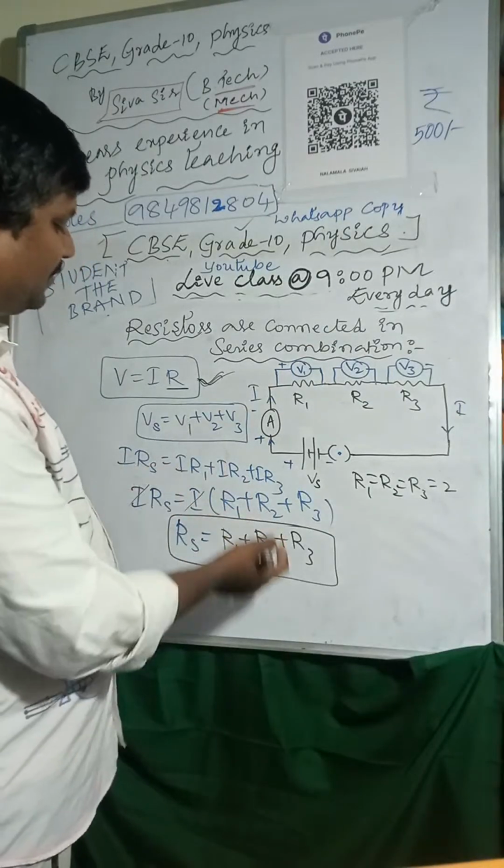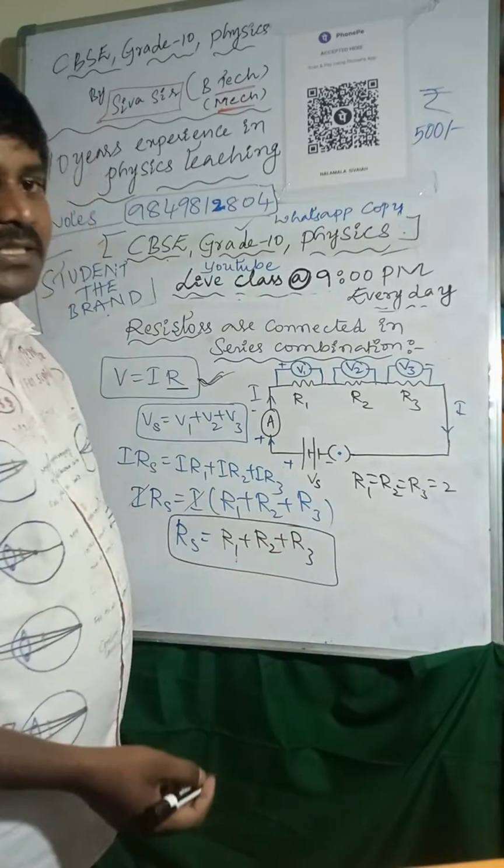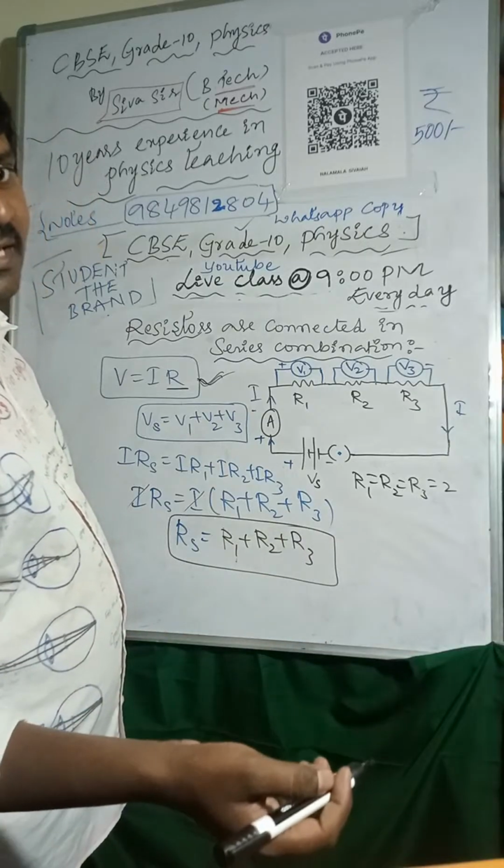From that, we know Rs equal to R1 plus R2 plus R3. If n number of resistors are connected in